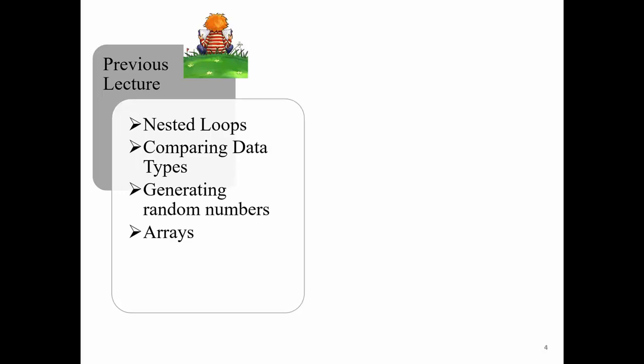Last time we discussed nested loops. We discussed how we can compare two data types, whether they are primitive data types or object data types. They are different. Sometimes we have to use equal equal, and sometimes we have to use dot equals. With a primitive data type, we can use equal equal. With an object data type, we have to use dot equals, and we have to make sure dot equals is implemented in our class. For example, if we create our own rectangle class, we have to override the dot equals